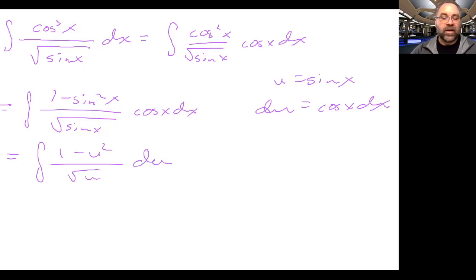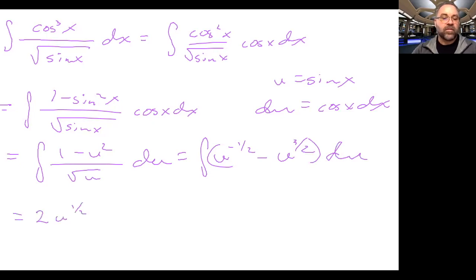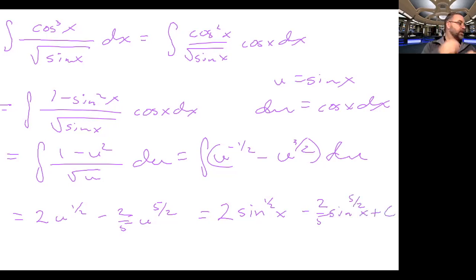And now I would bring up that u to the negative 1/2. I just think that's easier, right? And we get 2u to the 1/2 minus 2/5 u to the 5/2. Back substitute, you get 2 sine to the 1/2 x minus 2/5 sine to the 5/2 x plus c. If you want, you can factor out the sine of x to the 1/2. I don't think it's necessary in that case. It might clean it up a little bit, shoot, you could take a 2 out with it. So if you take out 2 square root of sine of x,